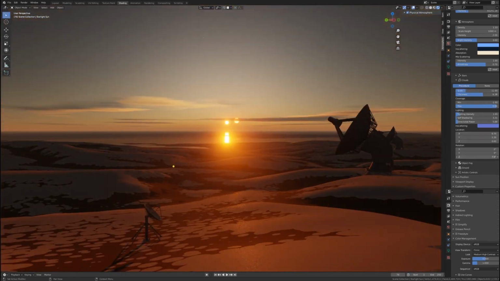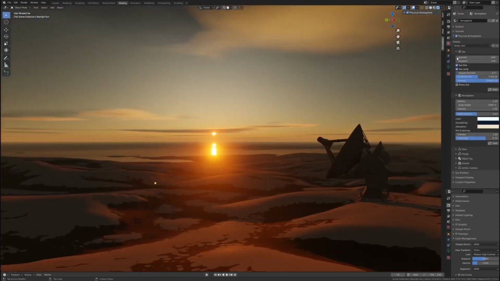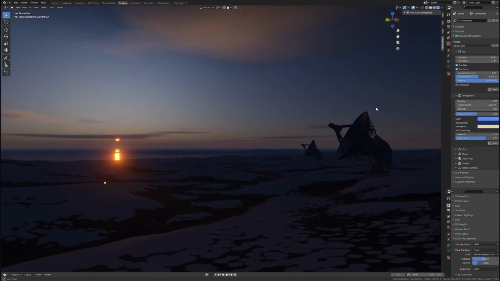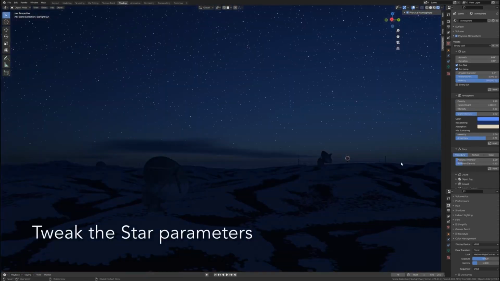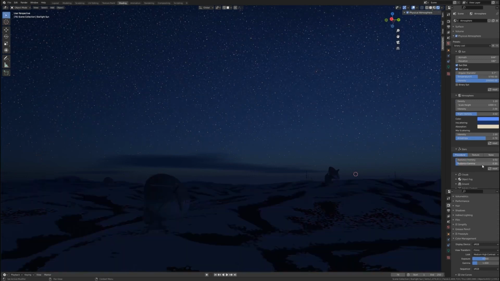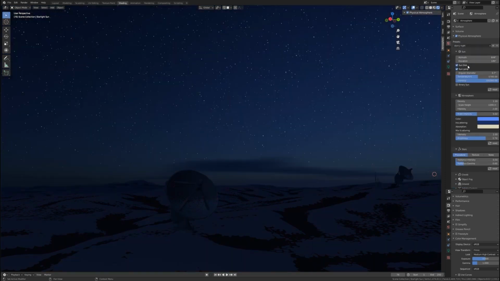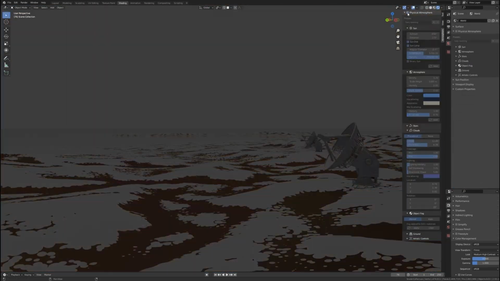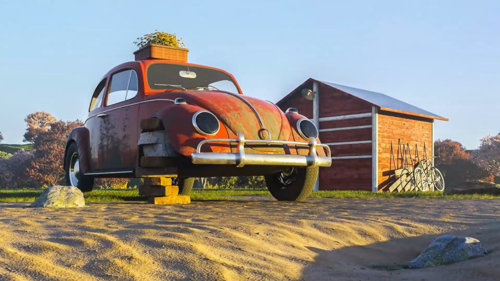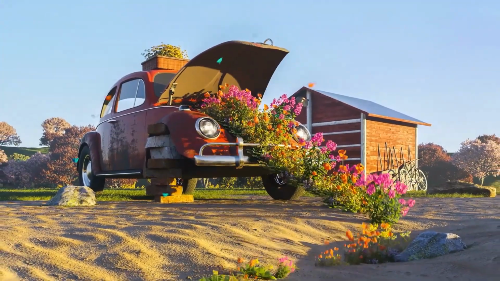atmosphere that captivates viewers. Another plus is its compatibility with both Eevee and Cycles rendering engines. Furthermore, its user-friendly interface makes it accessible to beginners, enabling them to produce stunning visuals with ease. In summary, if you're looking to integrate real-time skies into your Blender projects, Physical Starlight and Atmosphere is the perfect add-on for you. Moving on to the next, we have Botanic, which is, as the name suggests, a tree and